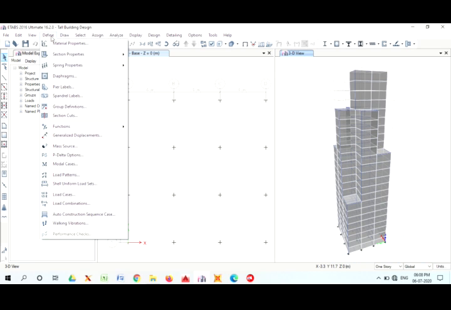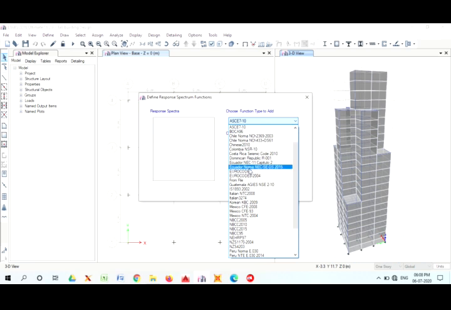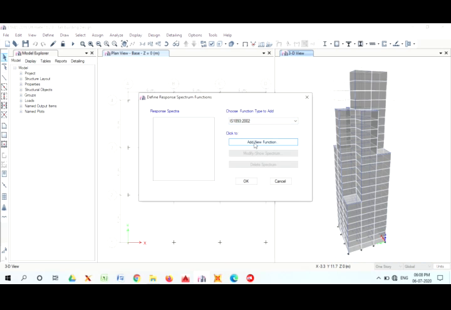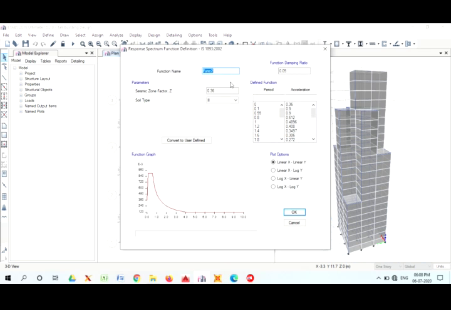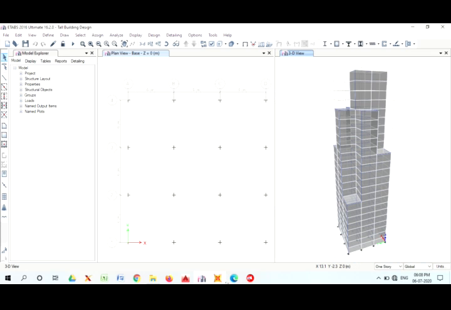Go to Define, Function, click on Response Spectrum, choose the IS code, click Add New Function, the function name is response spectrum.